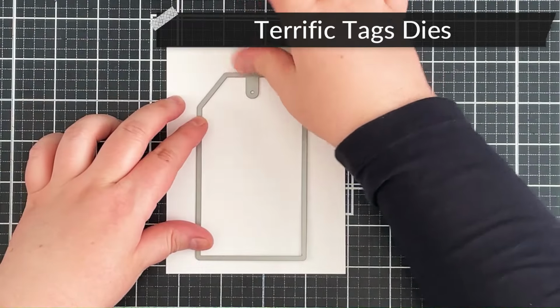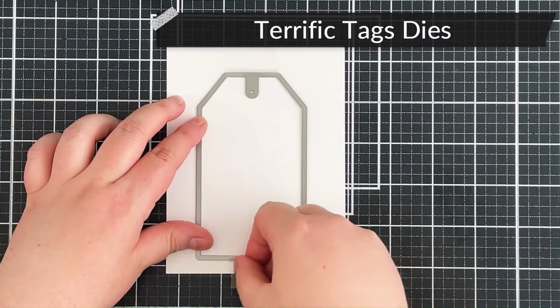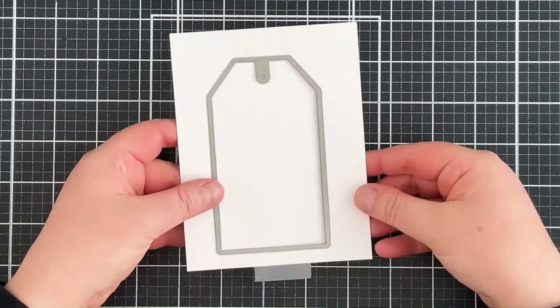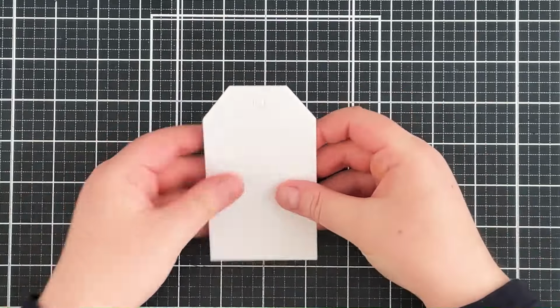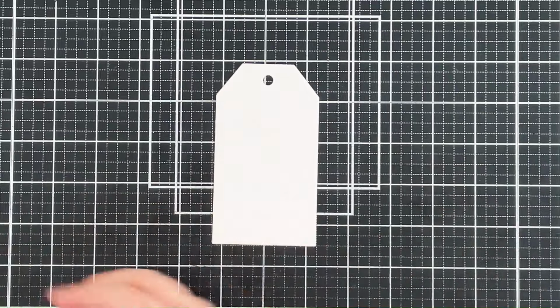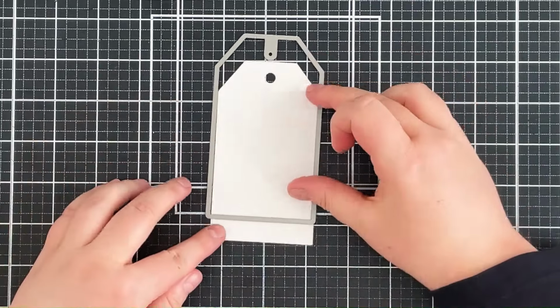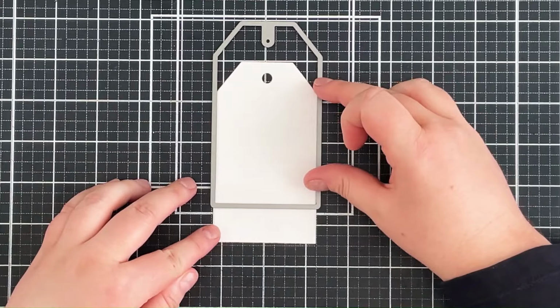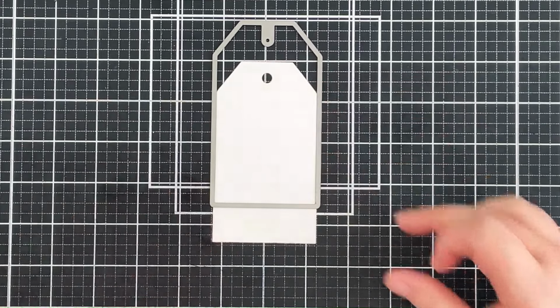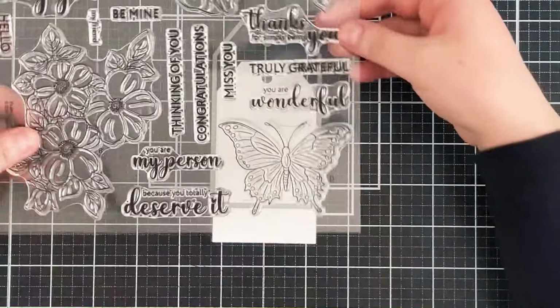of the card. For the background, I want to have my butterfly on a tag. So I've cut one of the larger tags from the Terrific Tags die set from Classic Crest £110 Solar White cardstock. I do want my tag to be a little bit shorter in height, so I'm bringing back the die and I'm going to place it on top and kind of figure out here how short I want that tag